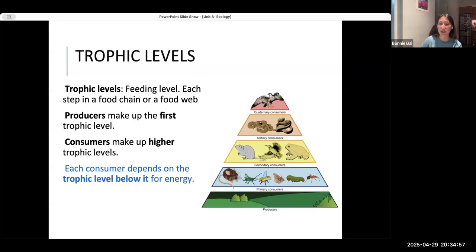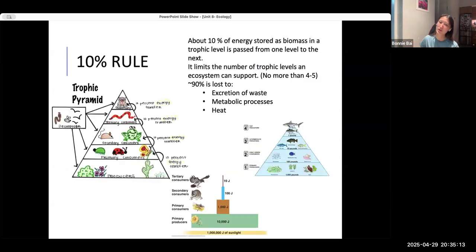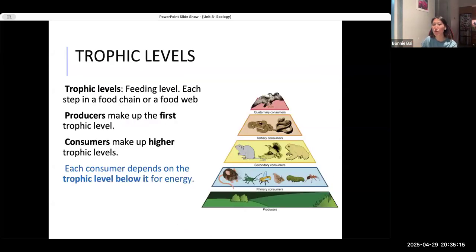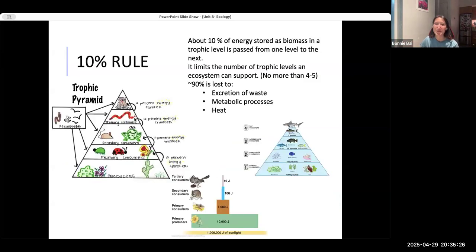And there's something called the 10% rule, where because of cell respiration and the energy that gets used in your own bodies, when energy gets passed on through each level, only really 10% of it gets passed on because the rest of it all gets used by itself. So a cow has to eat way more grass to sustain itself than there is grass to start with. It's not like one grass, one cow. You have to eat a lot of grass to be able to sustain a cow.